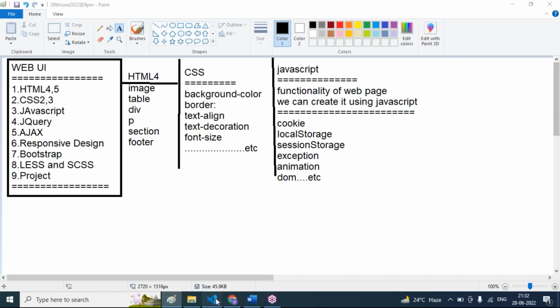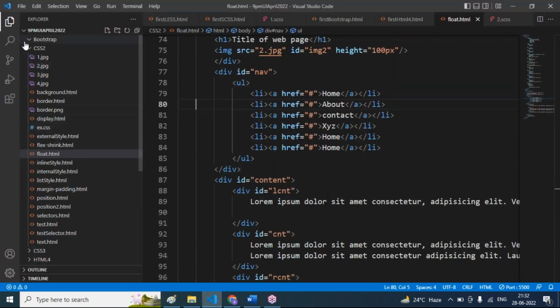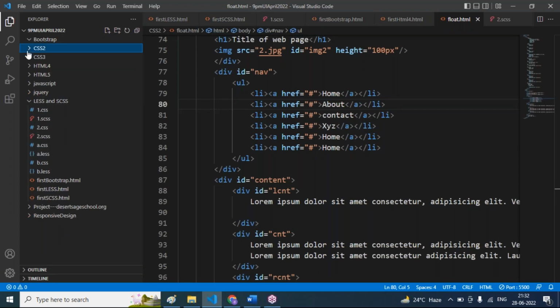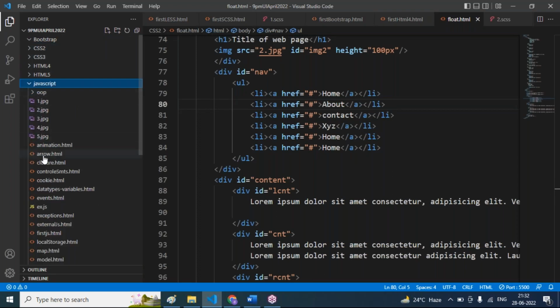Here under this we can write, if I add the CSS for my project, I can show my output like this. If I add JavaScript here, see, object-oriented programming, animations, arrow function, closures, cookies, data types, external, local storage, map tag. Like this, so many concepts we will learn under JavaScript. Actually, in our course, half of our duration we will be in the JavaScript. Here, JavaScript is major